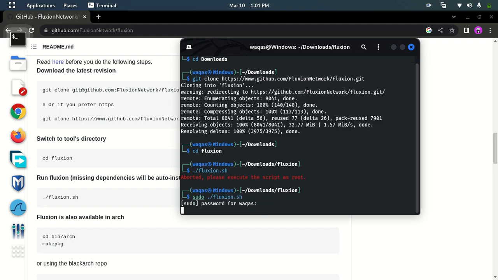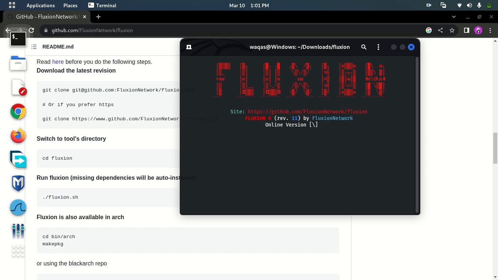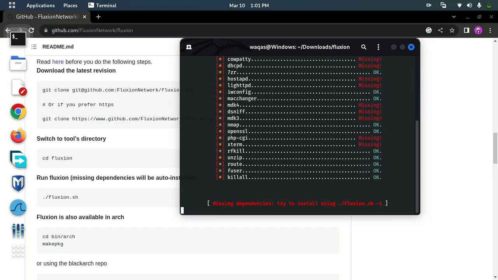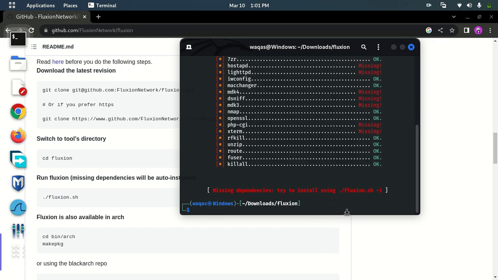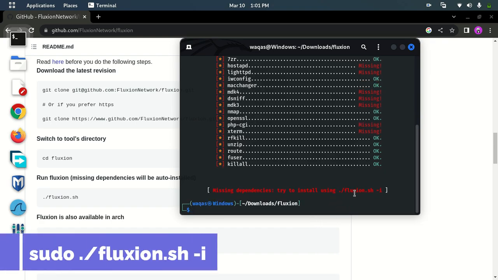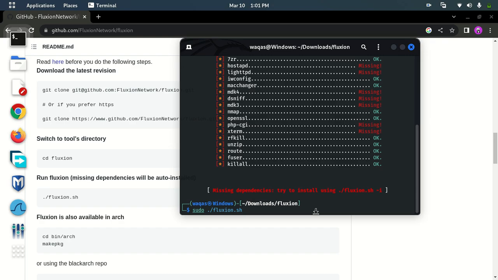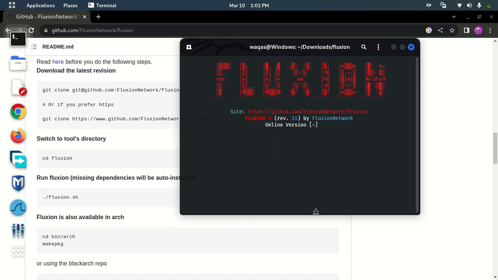Now it will execute and check which tools are missing for Fluxion to work properly. As you can see, it's saying that you have some missing tools, and for installing those tools I will add -i in the end of the command. Now I will press enter and the process of download will begin.